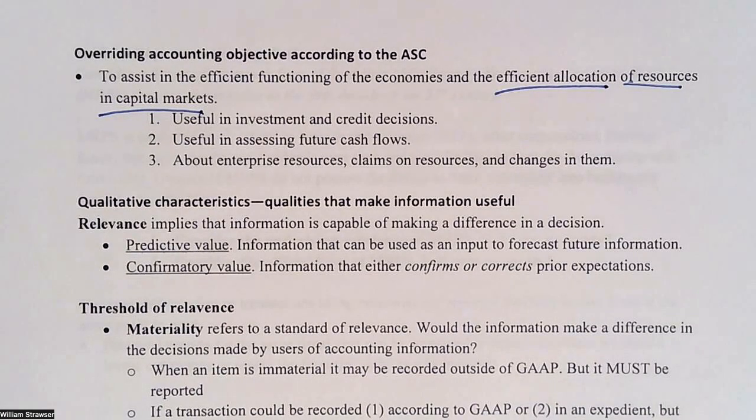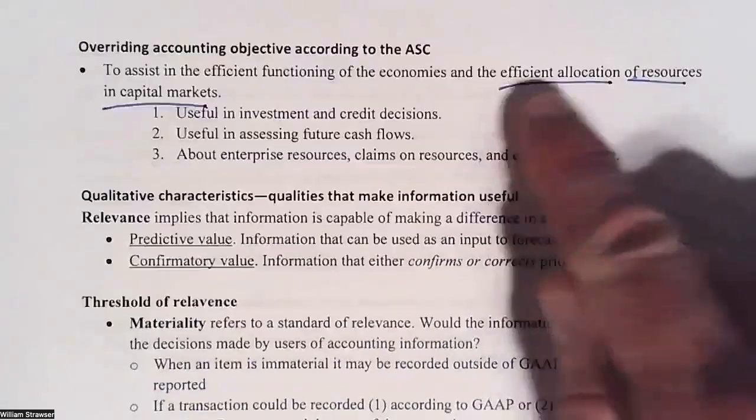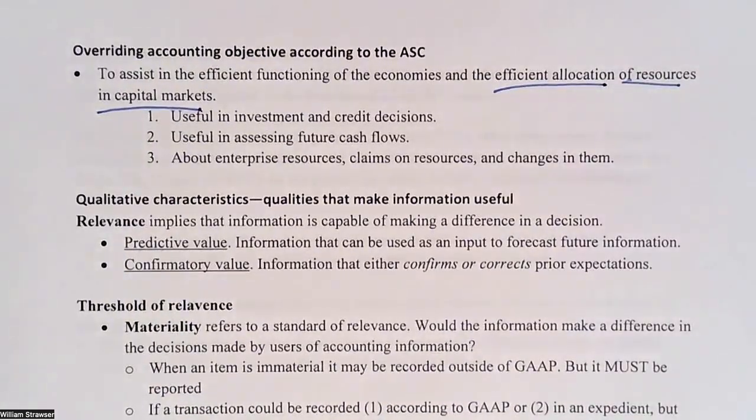Basically, we want the companies that are likely to be the most successful and the most profitable, the most desirable, right? The ones that are going to use resources well. We want to give them the most money from investors and creditors. That's the efficient allocation. We should give successful companies that ability to raise money to operate and provide a good or a service that is demanded and therefore successful.